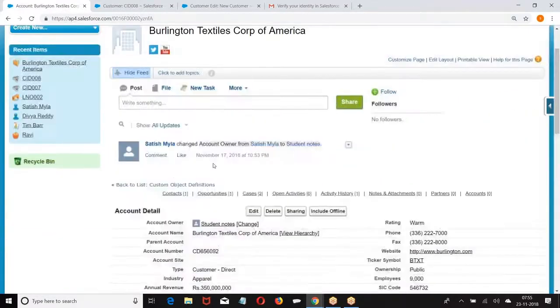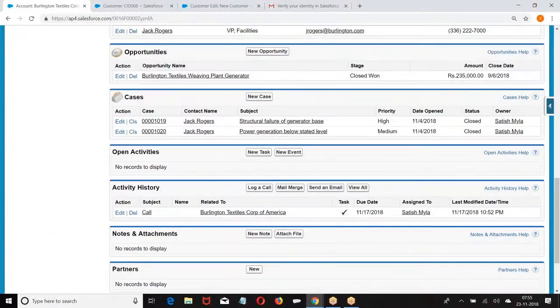How are you seeing this page? It is a page layout. If you are able to see a record in the object or you are creating a record in the object, it is a page layout that you are opening by default, right? Okay. Now, as per our discussion, one profile, one page layout.